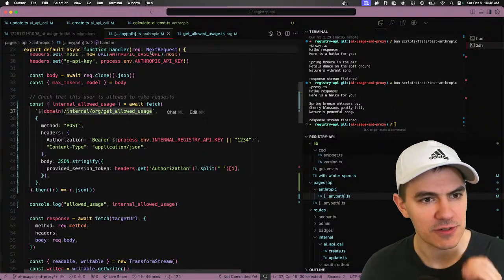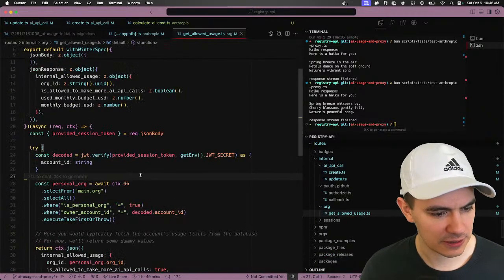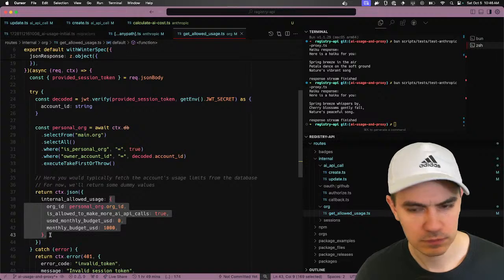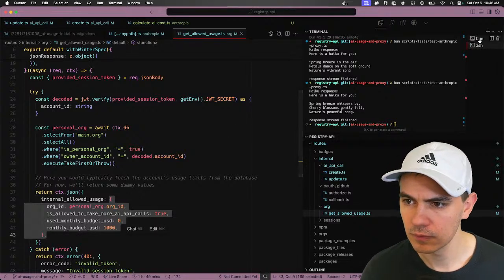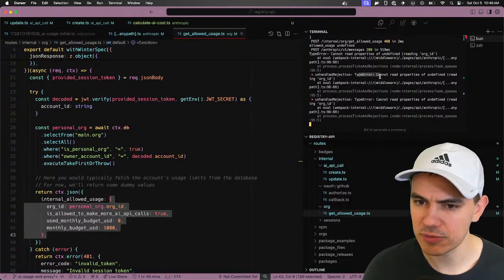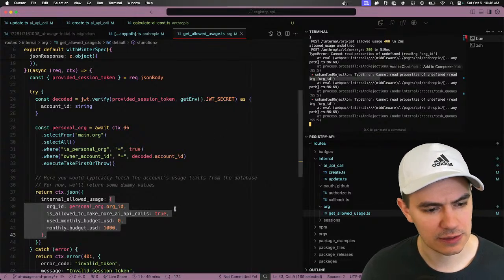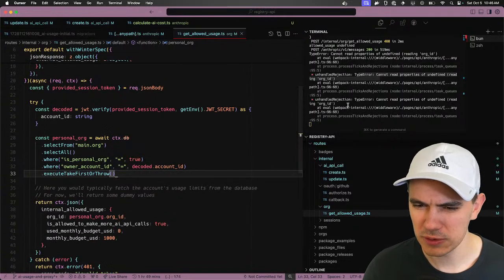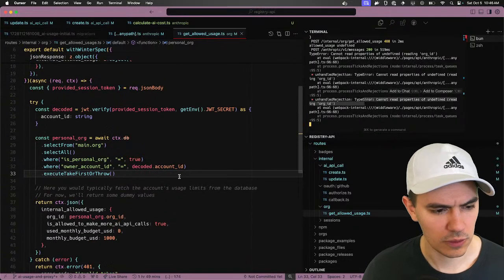So we get allowed usage. Let's just throw in some logging. Oh, wait. Unhandled rejection: cannot read properties of undefined, reading org ID. Is that old? Or is that...